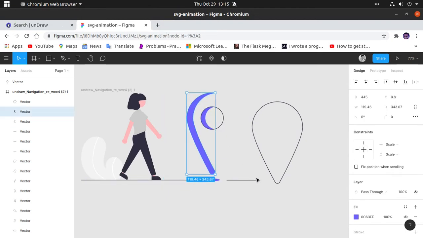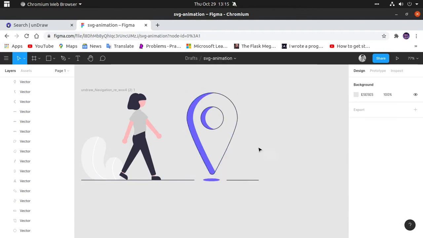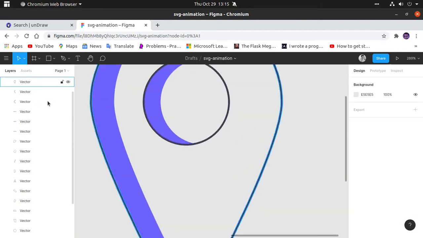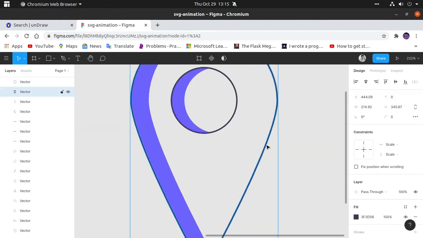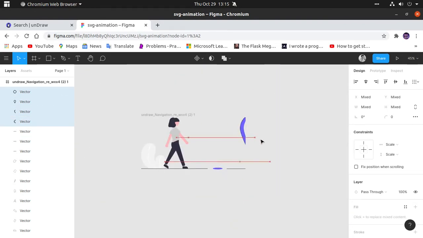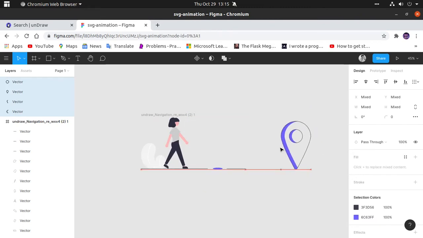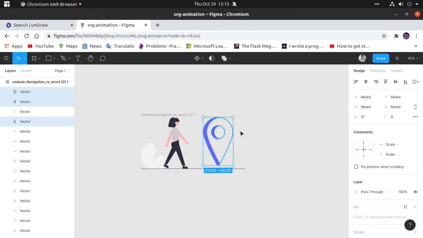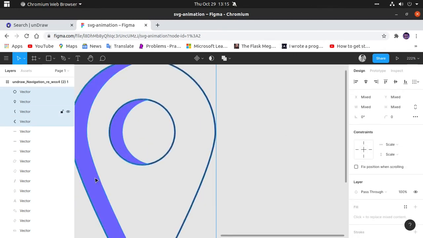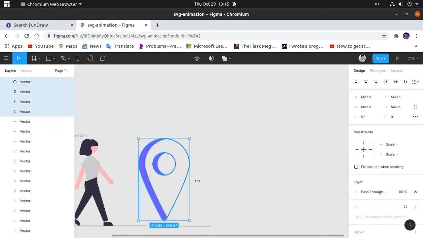So what I'll do, I'll go back first to its location, and I will select everything. I want to animate this whole thing. I don't want to animate it singly. So I'll take this one, then press shift, then select this ring, then select this shadow, then select this shadow. Now if you drag and drop, you can see it easily. See, it is moving by its own, not as a single piece. Okay, so I'll put it in a normal way. Now it's moving normally.